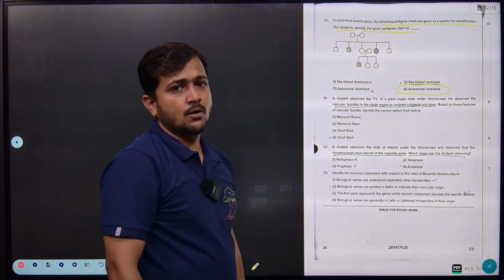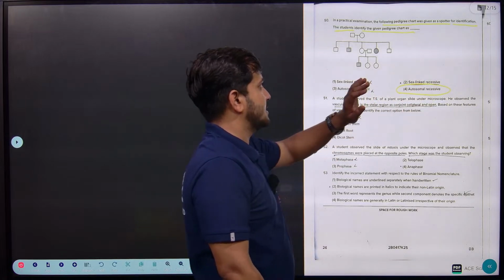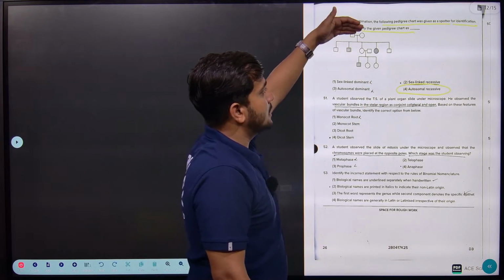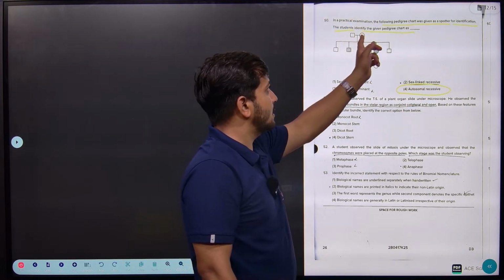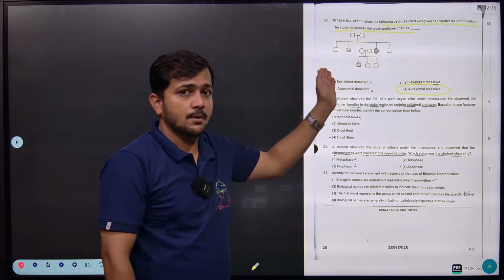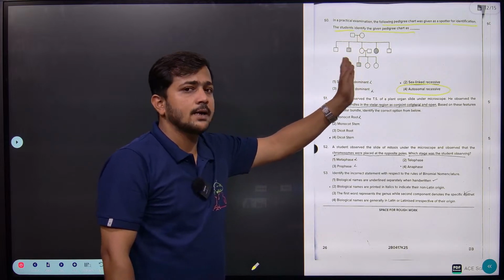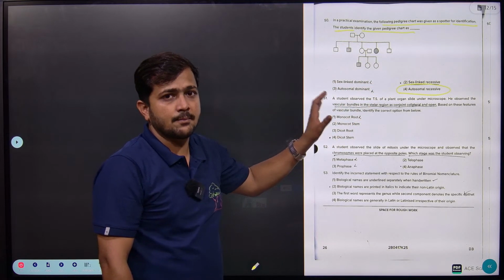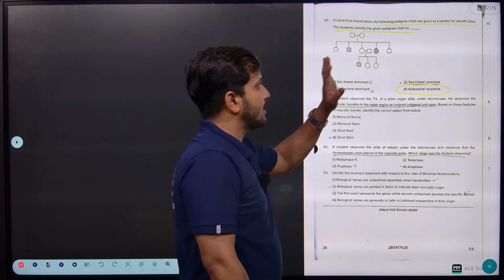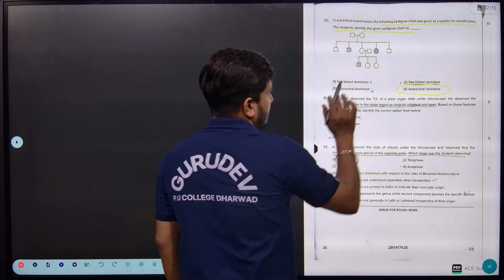It can be called autosomal recessive. It is not related to X-linked recessive. Why? Because if it was X-linked, then the male should pass on to the female, and the female should pass on to the male, and somewhere in between the female should be a carrier, and it may even skip a generation, right? So your answer is autosomal recessive.